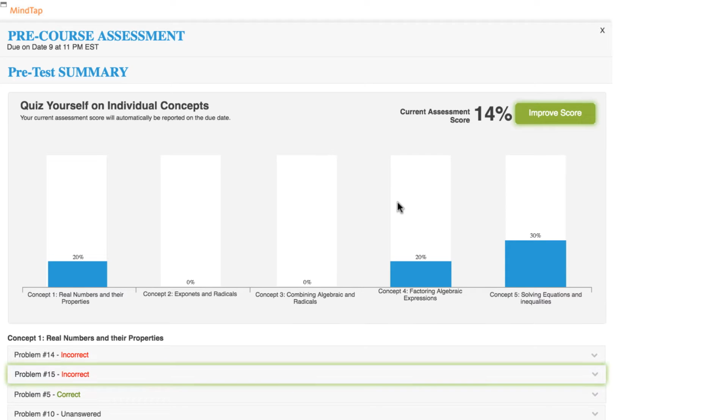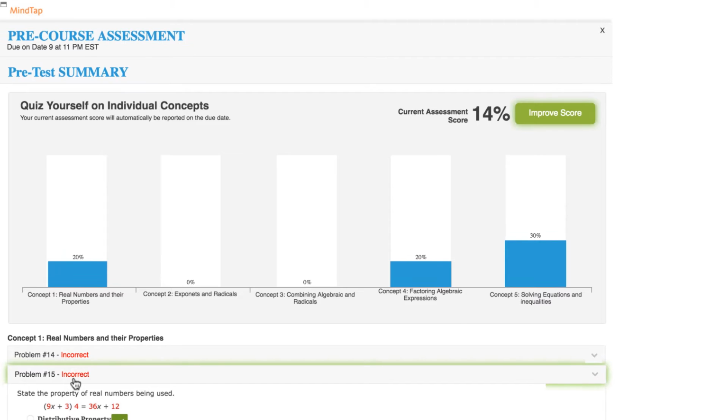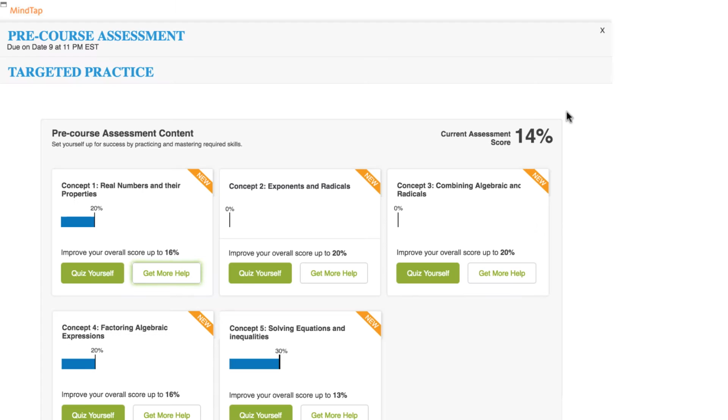Your current score is displayed in the upper right of the screen, along with a bar graph depicting the breakdown of correct answers by prerequisite concept. Underneath the bar chart are the questions from the pretest and corresponding concepts, along with how you answered each question and an explanation of the correct answer. Click on Improve Score at the top right of the bar graph to start practicing required skills and raise your